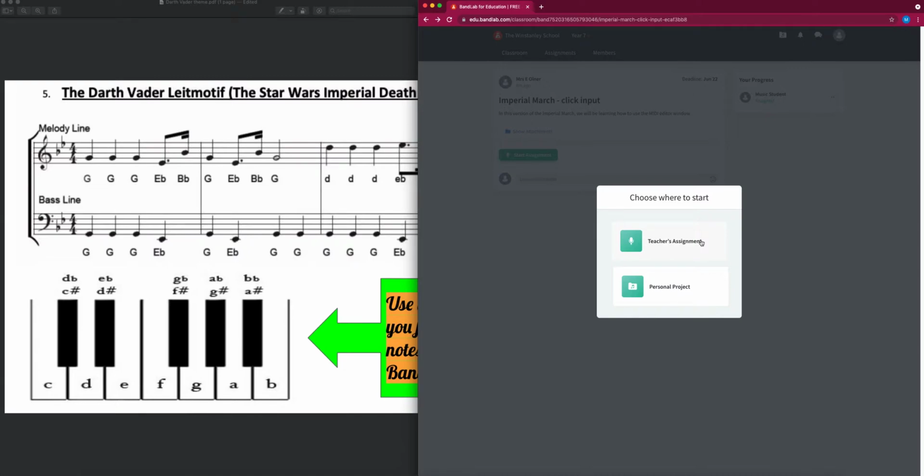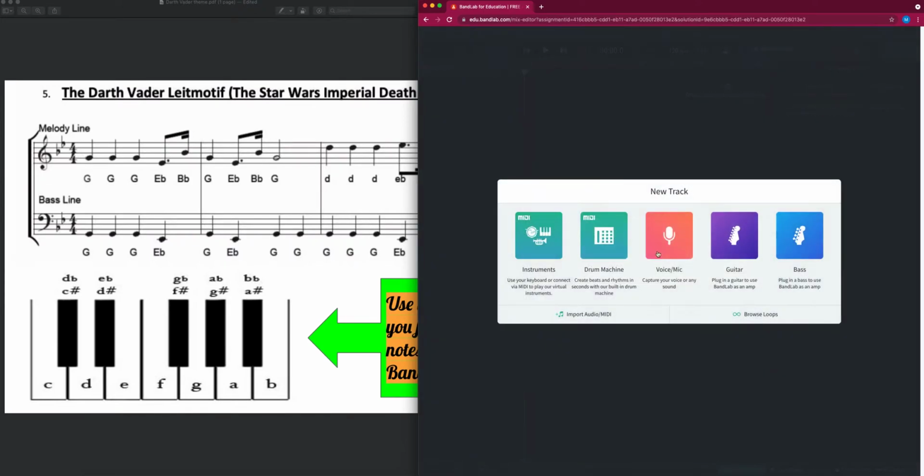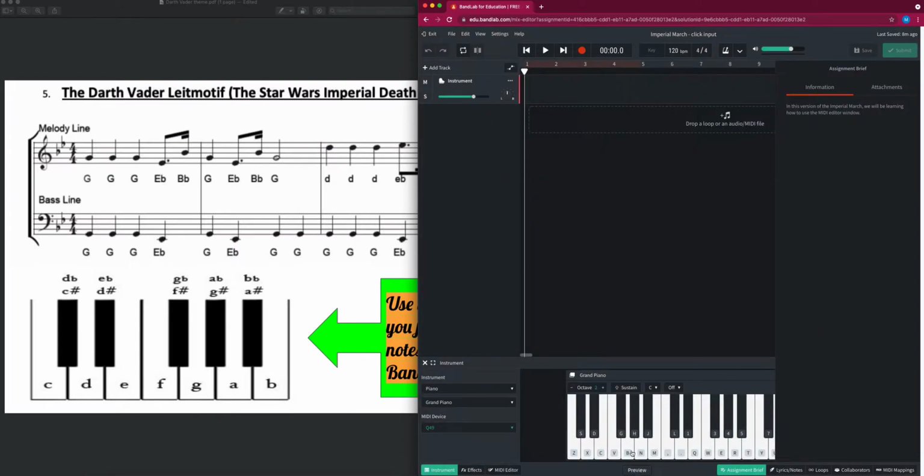But if that link doesn't work, like it didn't work in previous lessons, go up to your folder up here and just open the mix editor and make a personal project so that you can still do the work. Okay. It will open up like this, asking me what new track I want to put on there, and we're always going for the one on the left that says Instruments,